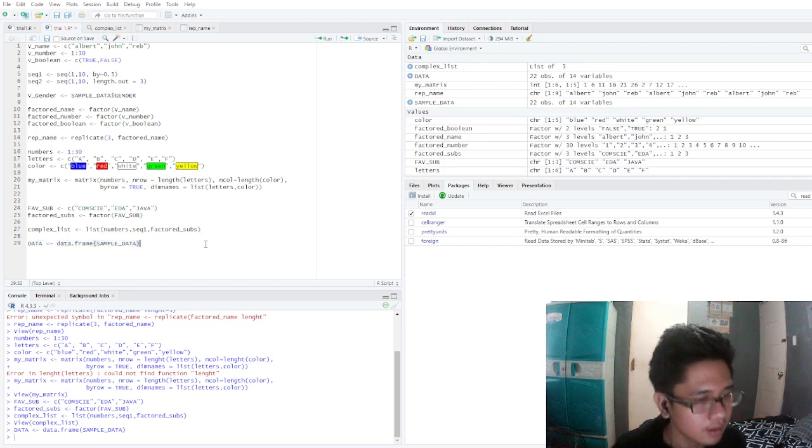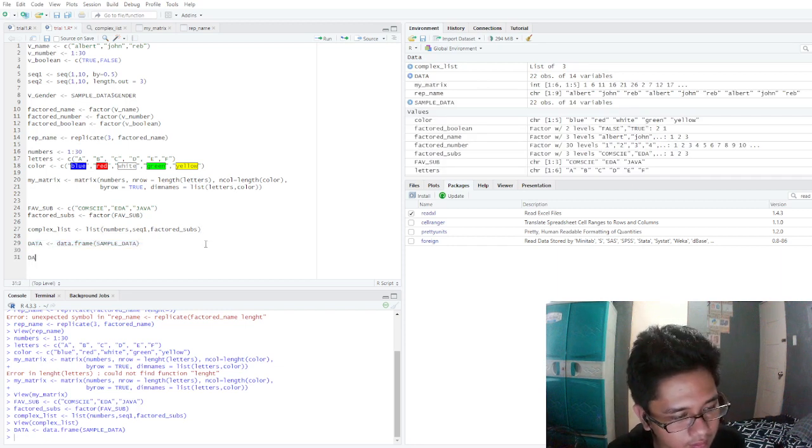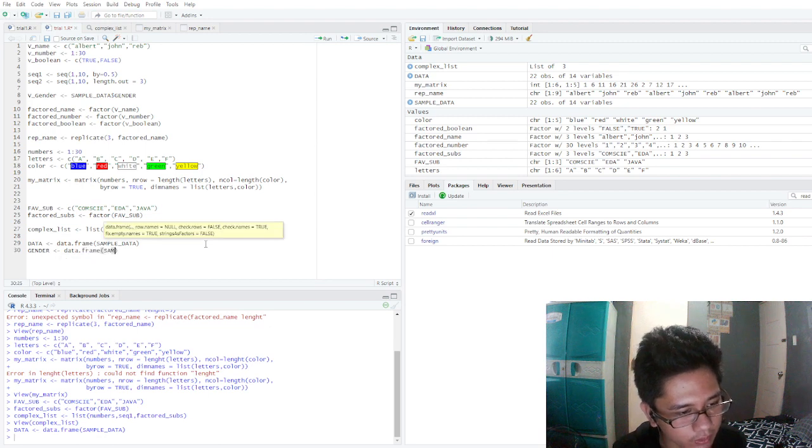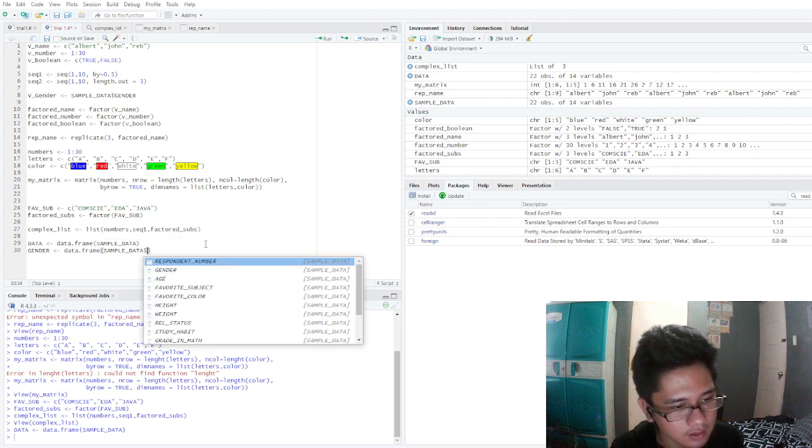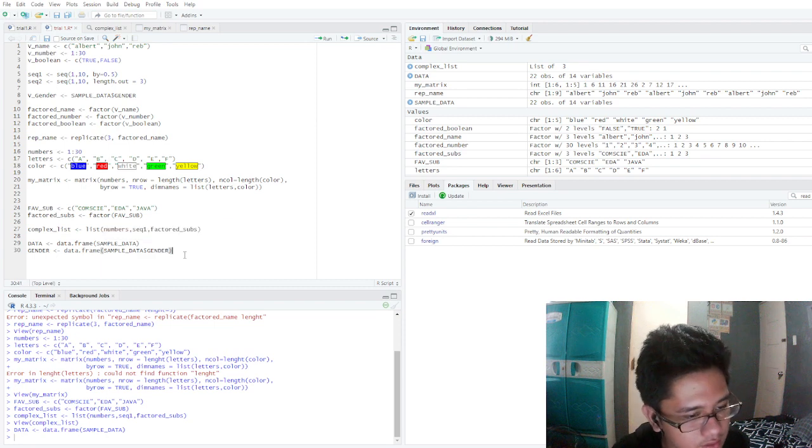Okay, then we have gender, then data dot frame sample data, then extract gender. So let's see if we extracted the data frame from here.